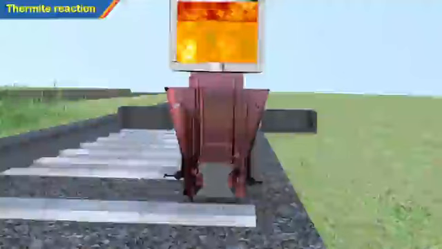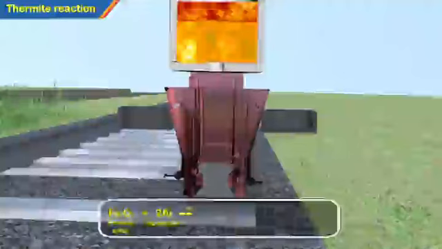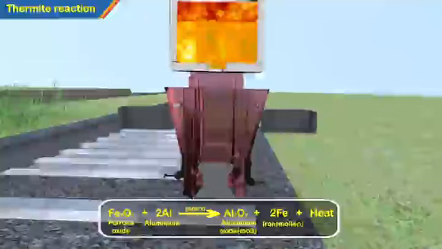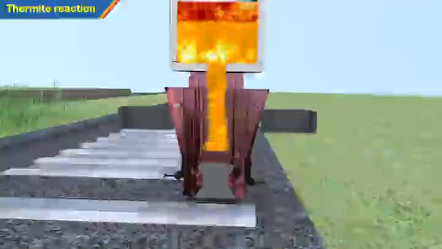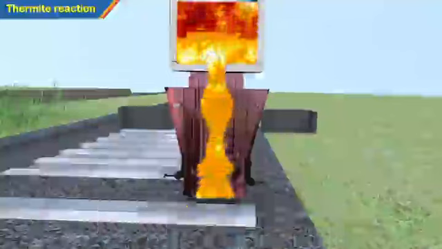Introduce a magnesium ribbon into the metal container. The ignited magnesium ribbon catches fire immediately. This fire initially ignites the top loaded mixture of magnesium and barium oxide and the thermite mixture later. Aluminium displaces iron in the ferrous oxide and leaves pure iron in the molten state in the metal container at 2000 degrees Celsius. This molten iron sinks to the bottom of the metal container, gets released into the broken part